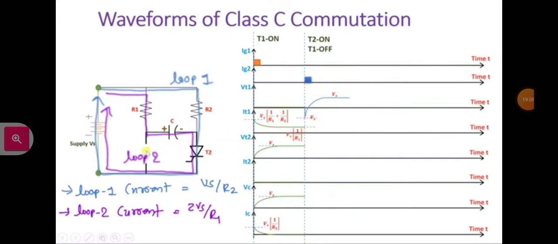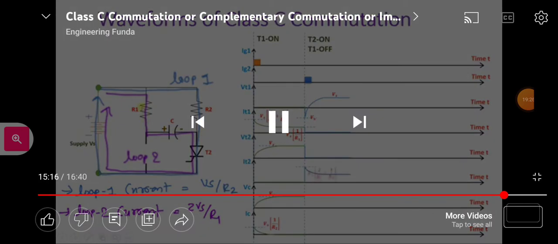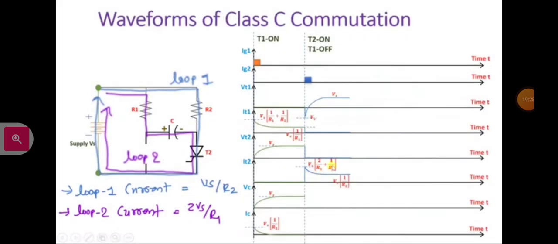If you observe current through thyristor T1, that will be 0. You can see it is 0. And if you observe voltage across thyristor T2, as it is on, voltage across thyristor T2 will be 0. Current across thyristor T2, initially it will be 2Vs by R1 plus Vs by R2, right? So you can see, and it will decrease to Vs by R2,